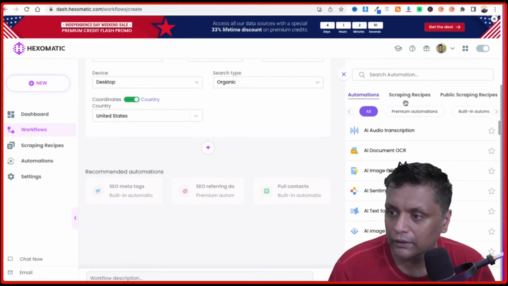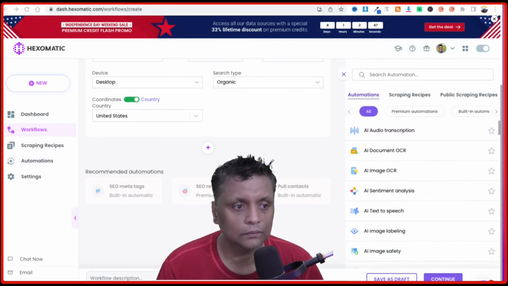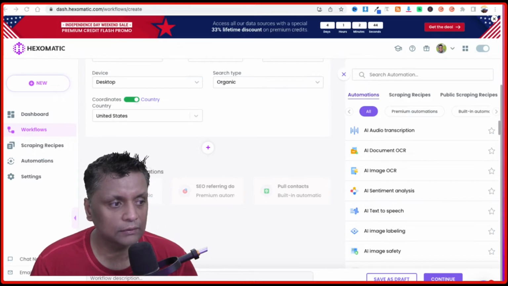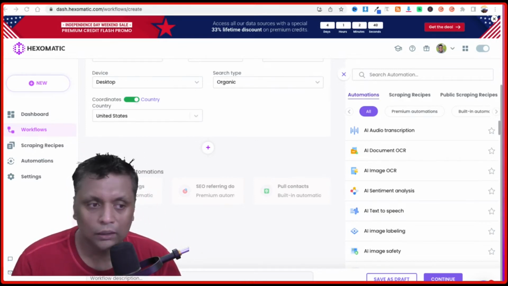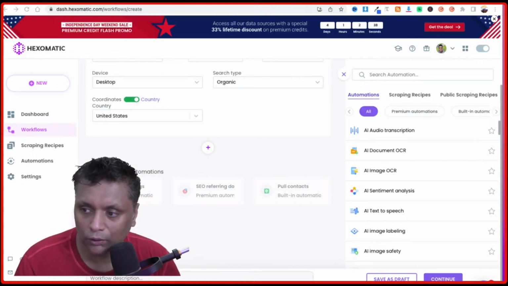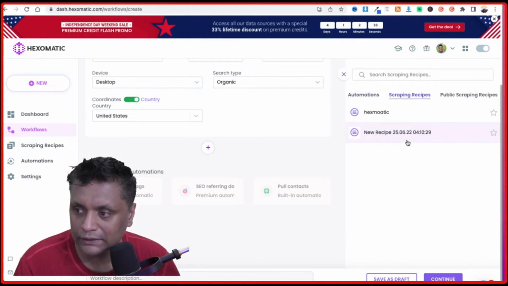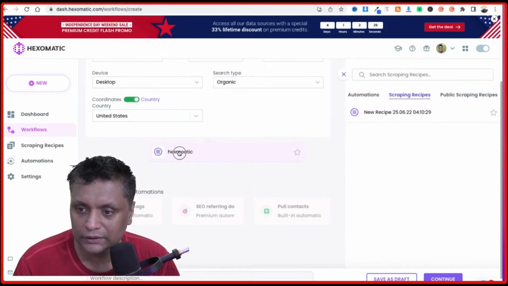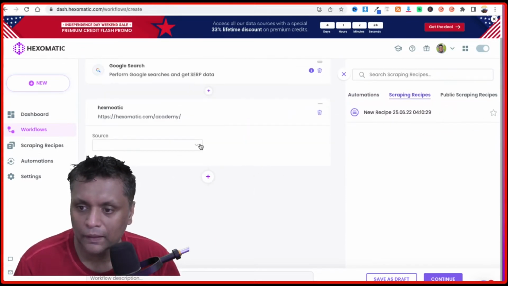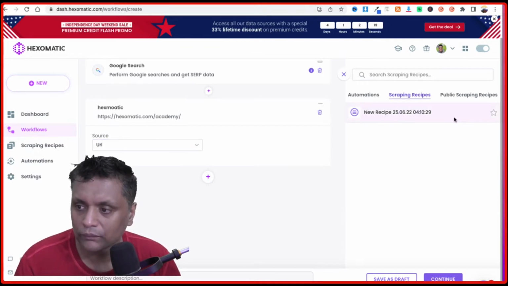And then on this right hand side, let me move myself away for some time here, you have got these automations which you can combine, or you can also click on scraping recipes. So you could use the scraping recipe which you had created. All you need to do is drag it over here, and the source could be the URL.